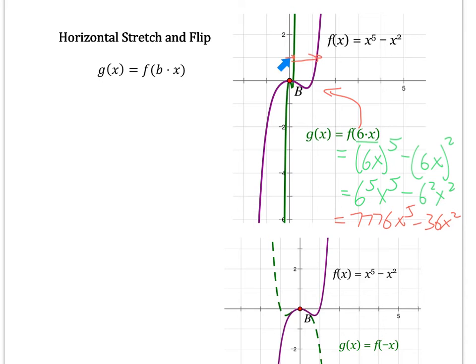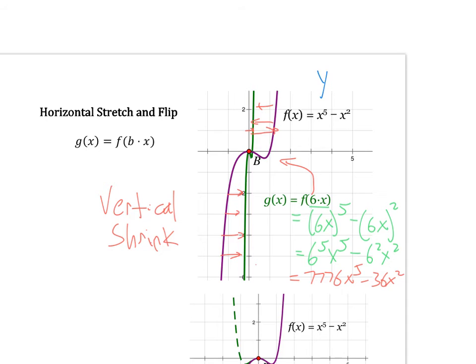So every x value is going to be 1/6 of the x value of the original function. All right, so it shrinks. We call this vertical shrink. Everything has shrunk towards the x-axis. And over here, this blue curve has been shrunk up. Okay, so this particular one is a vertical shrink. Okay, so that's what happens. And the exact opposite is going to happen